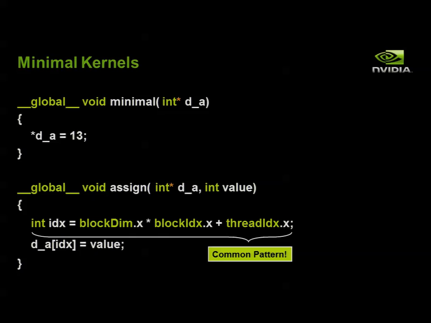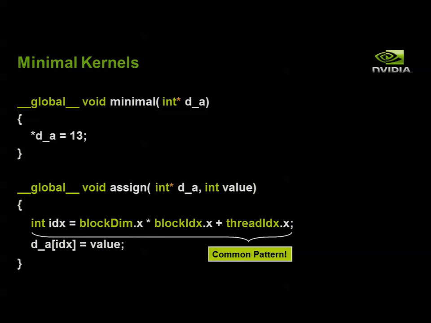And for the index, we have now this ugly-looking expression, which, again, is a very common pattern. Basically, with this here, you're computing the linear index of your thread in this vector. Because if you're ignoring the first part here, it's just depending on your thread ID. Each thread has its own thread ID, and it will write into the location of the vector at your thread ID the value that is being given. Now, this would limit you to the maximum number of threads that you have within one block. And so if you want to have a larger vector with multiple blocks, well, then you will end up